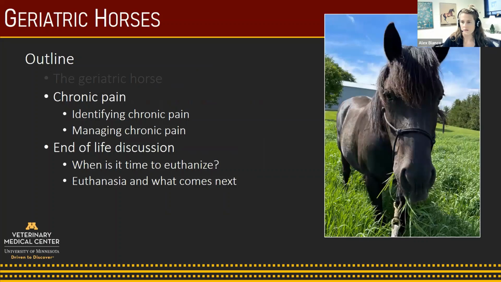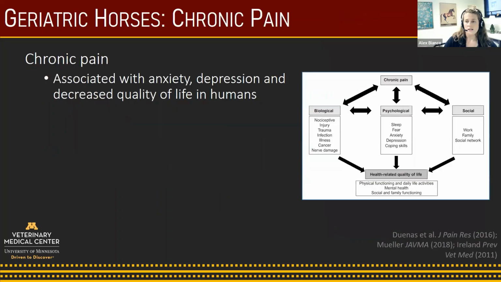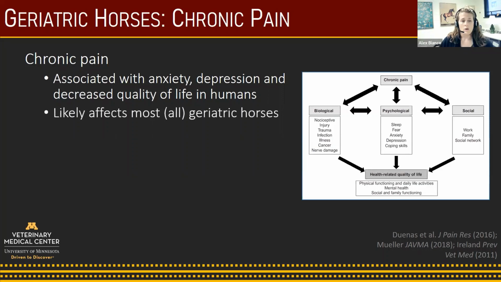All right, moving on to our topic of the evening. So chronic pain. How do I identify chronic pain? So we know that in people we definitely have a lot of studies looking at the ramifications of chronic pain, and have found that it's associated with anxiety, depression, and decreased quality of life. There are some interesting studies that have shown all of the negative things that happen when someone is experiencing chronic pain. We can just extrapolate to horses and assume that chronic pain affects most or all geriatric horses